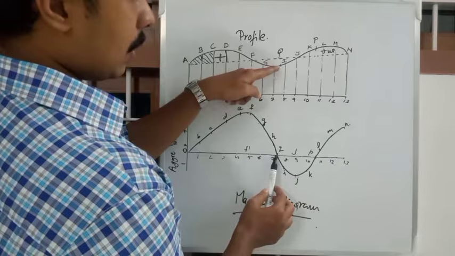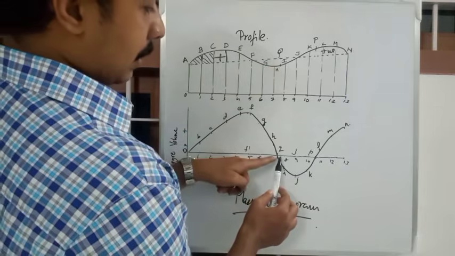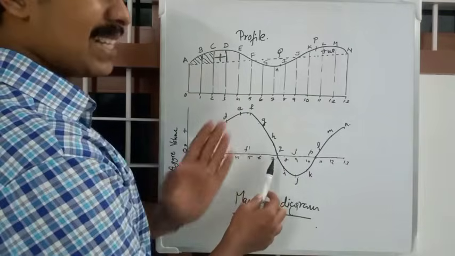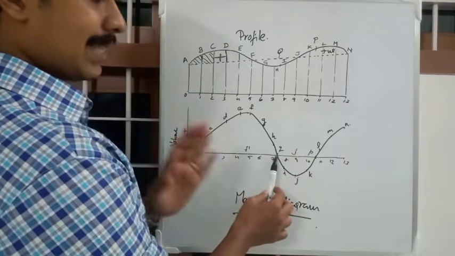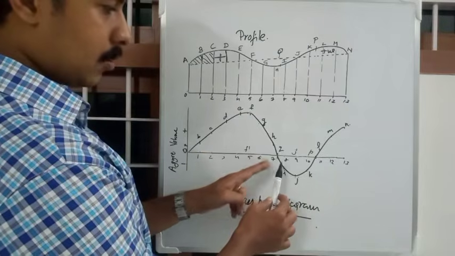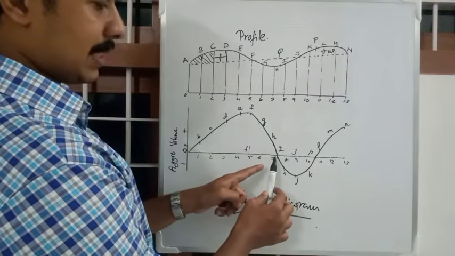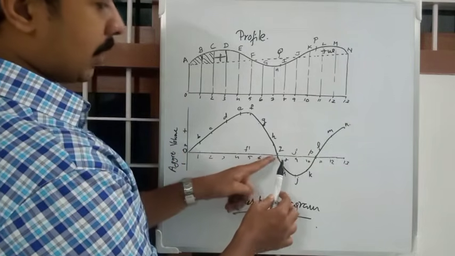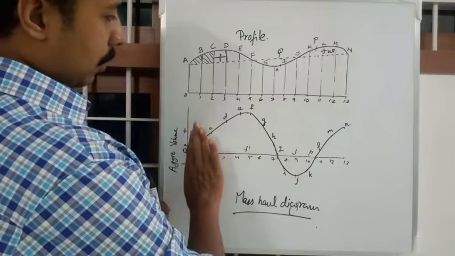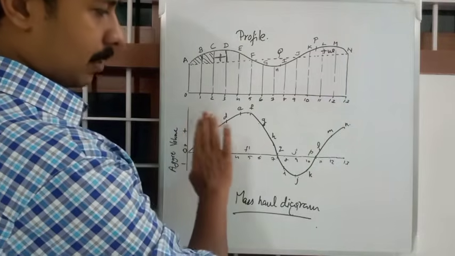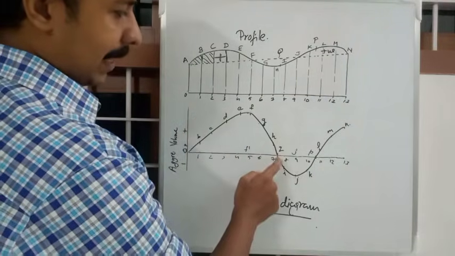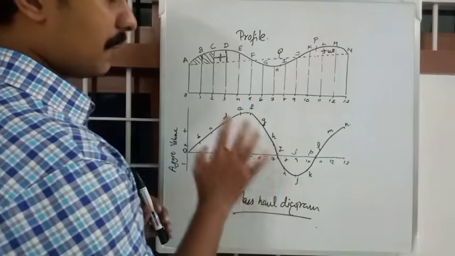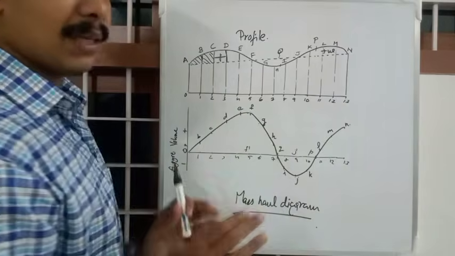At Q, what happens? The earth in the truck load becomes 0. The truck is empty right now. At Q, the truck is empty. So that is the information you must understand from this topic. Moving from small letter A to small letter Q, it moved the earth volume towards the right side, and at Q the filling was over and the truck is empty right now.